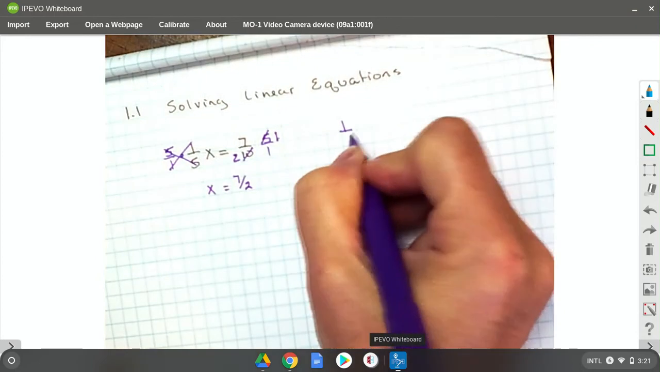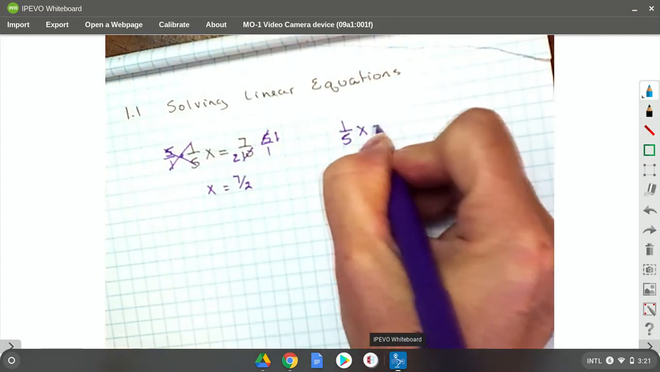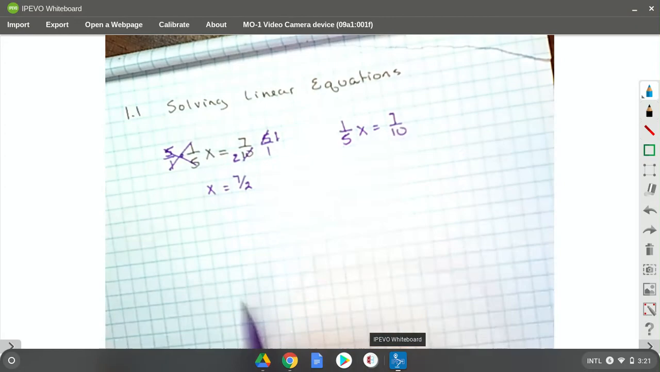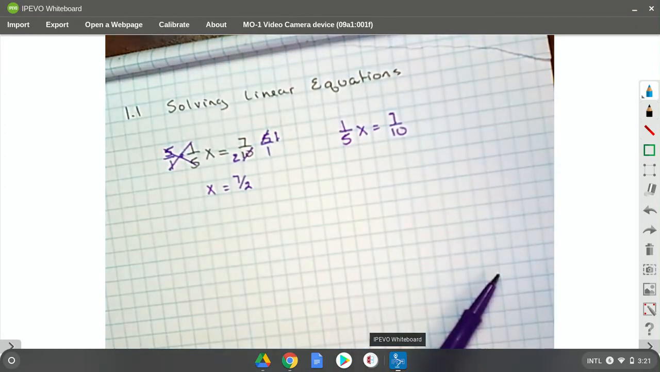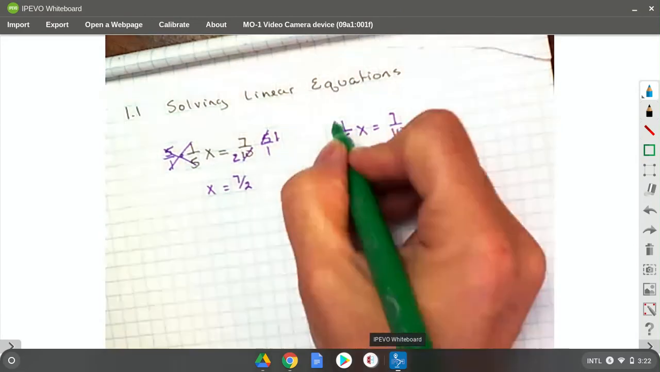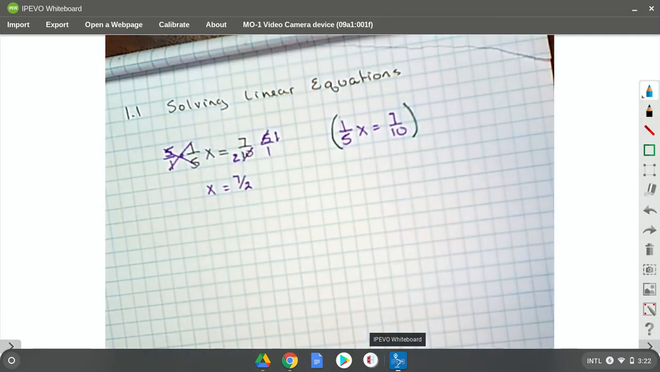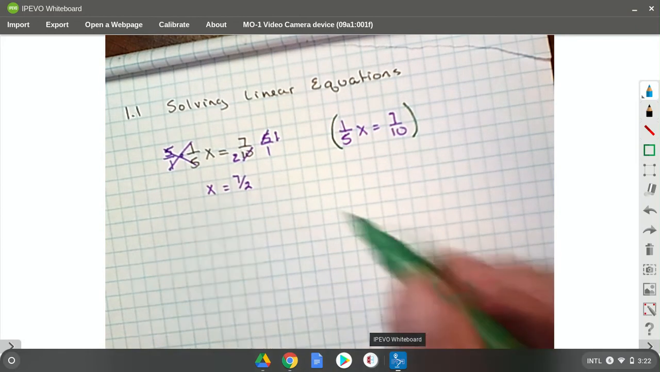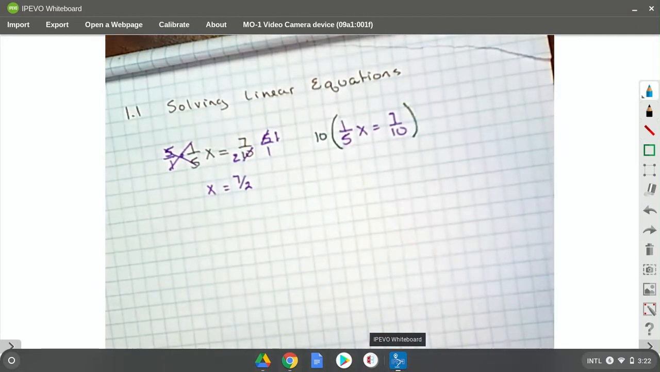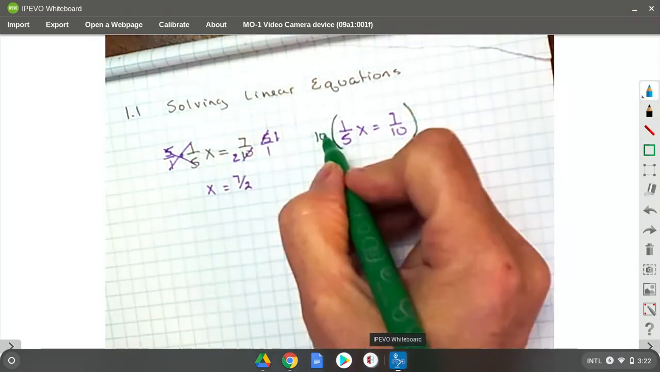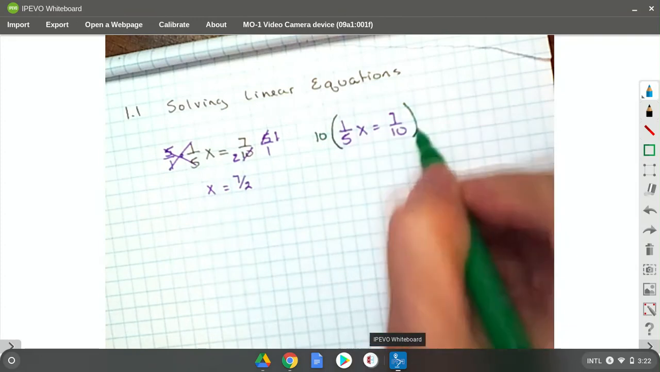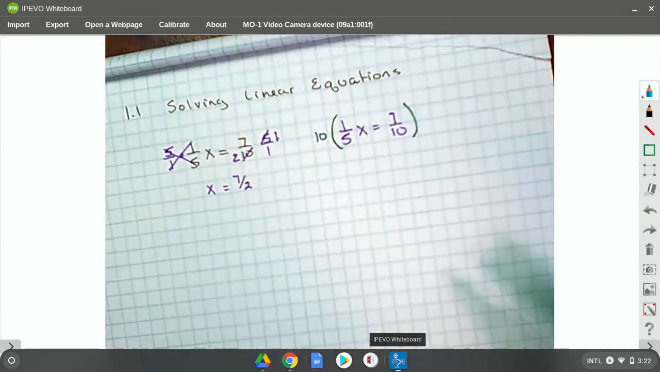So another thing that we can do, I'm going to rewrite this problem. Another thing that we can do is we can just go ahead and eliminate the fraction. What is the least common denominator or the least common multiple of 5 and 10? I'm going to look at every denominator in there and I'm going to come up with the least one. Well, that's going to be 10, right? So if I multiply and distribute a 10 across the entire equation into every single term,